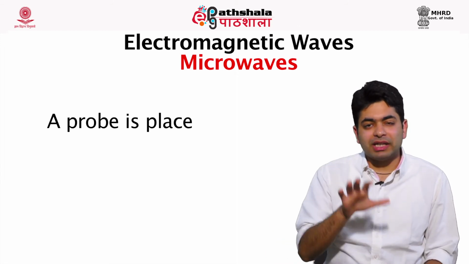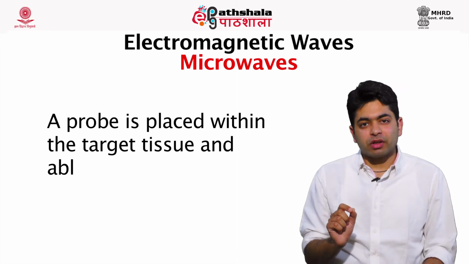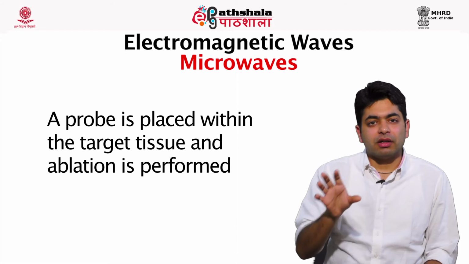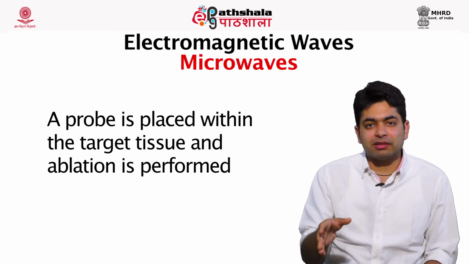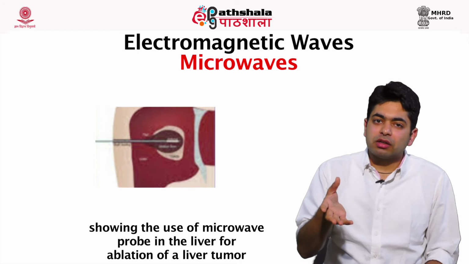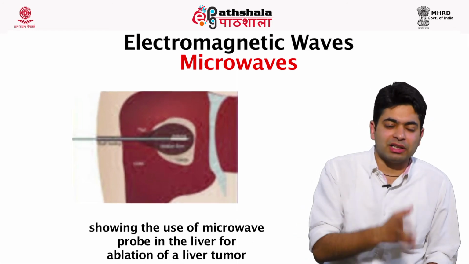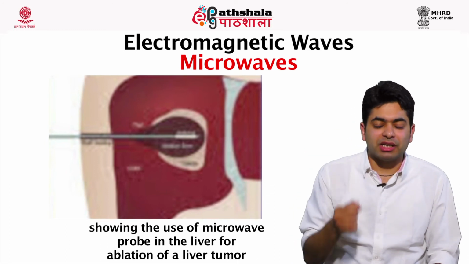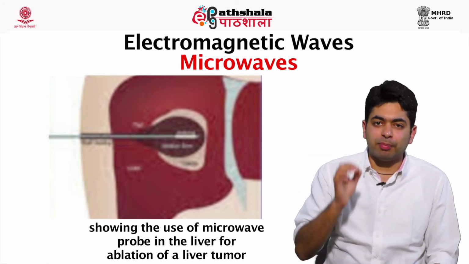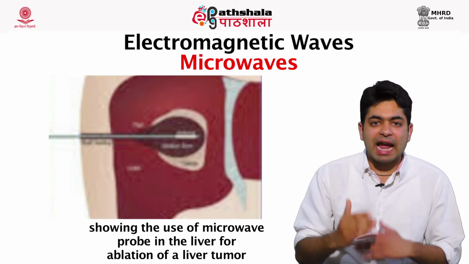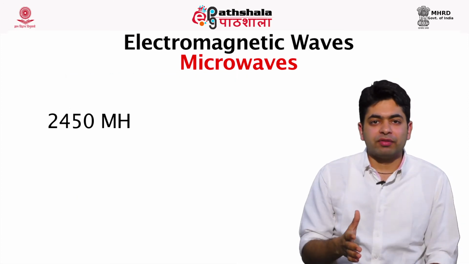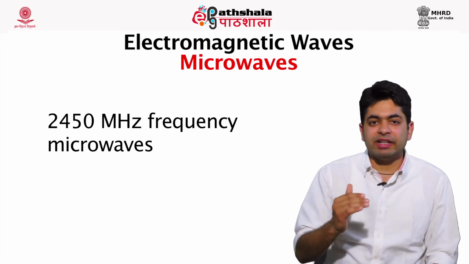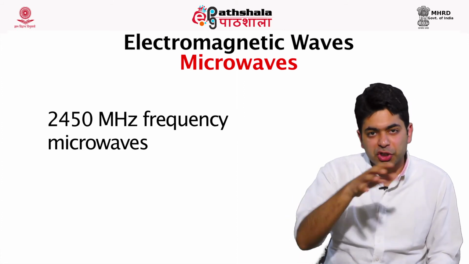A probe is generally used to ablate a tissue, completely destroy a part of tissue. So it is used to ablate cancerous tissues in deep areas like the liver, where the curative treatment for these lesions is surgery. But when they are outside the curative limit, these techniques are used to palliate the symptoms. We place a probe deep into the tumor and activate the microwaves at 2450 megahertz frequency, and they elevate the temperature and ablate all the tissue around that probe tip.